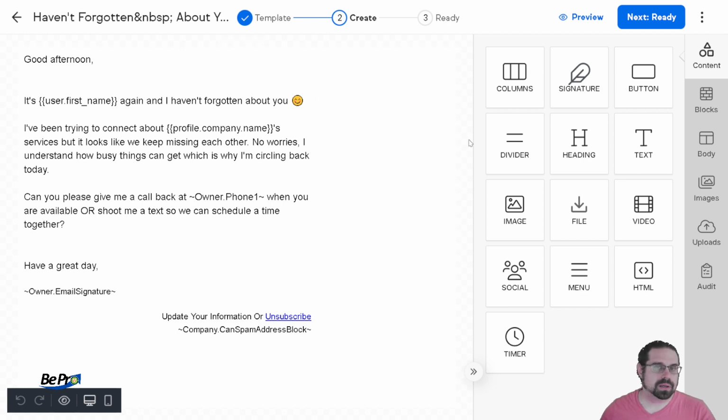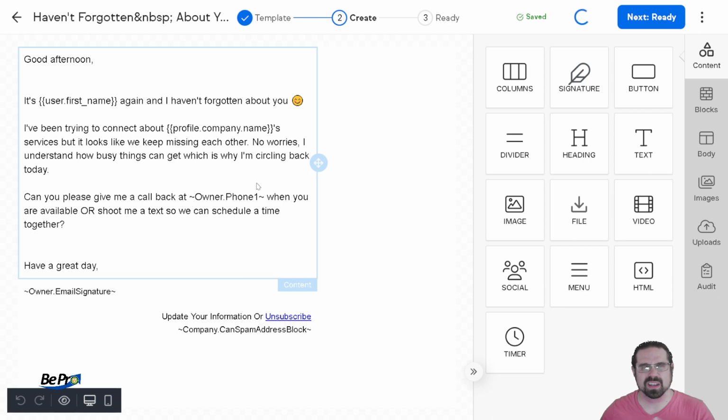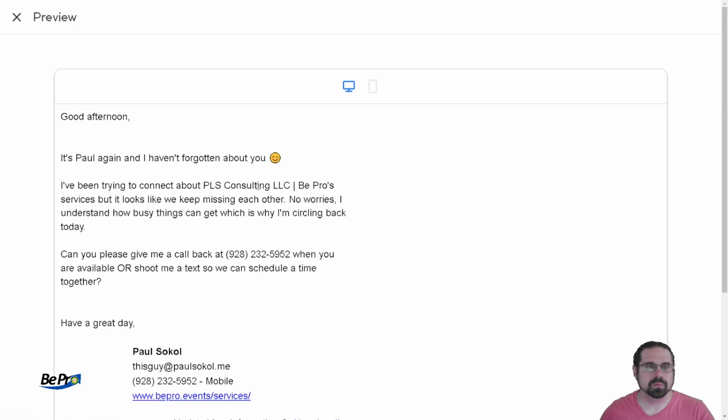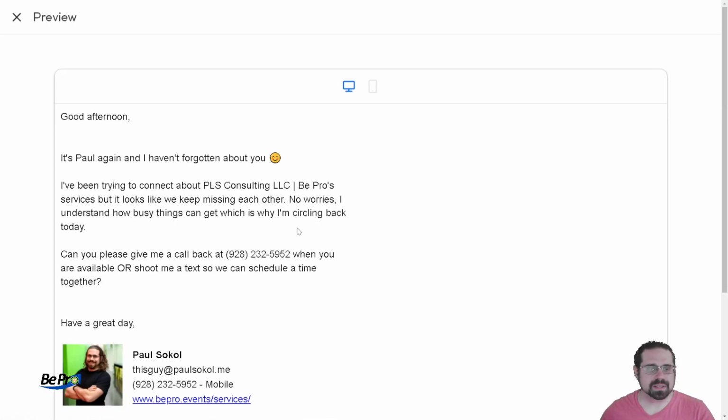One other thing to keep in mind is if you want to see what this is going to look like, you can always go ahead and preview this and get a sense of what the email is going to look like, what it's going to feel like. So again, depending on your brand voice and how you talk to people, you might not use emojis, and that's totally okay. You can see that this is general enough, though, that you should be able to use it 90%